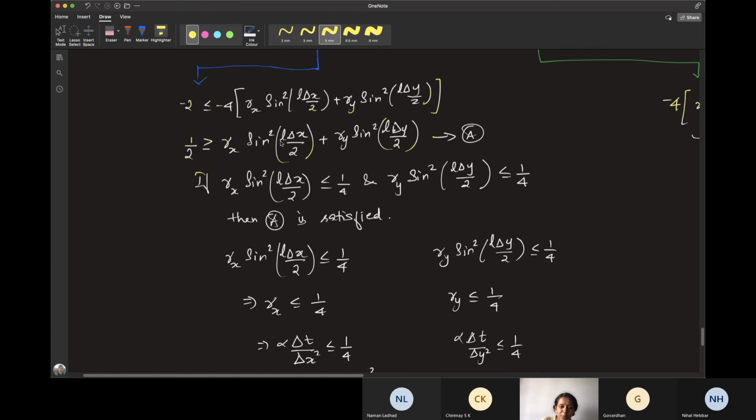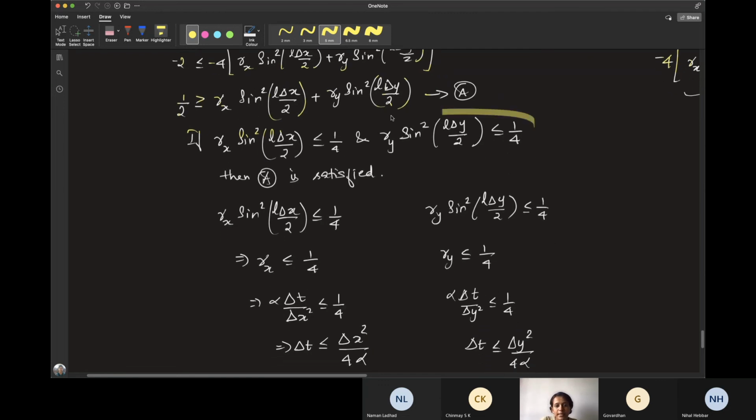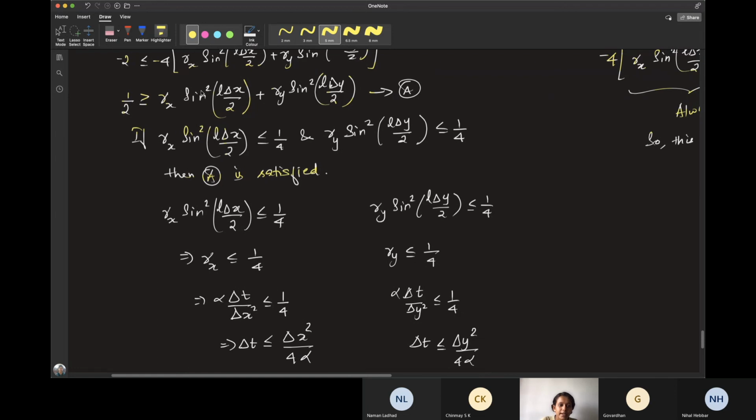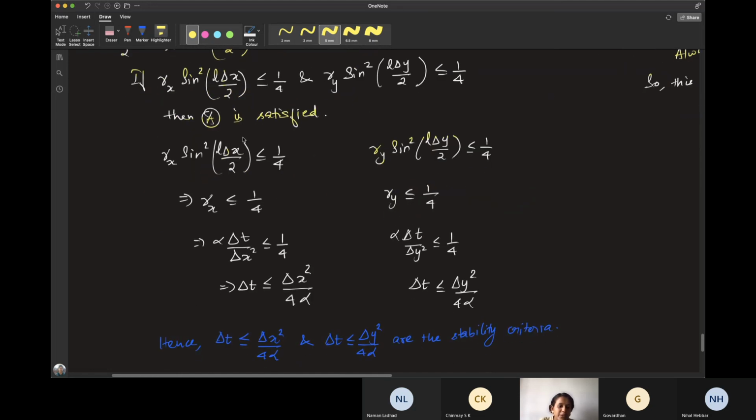So now let's just separate that into this less than or equal to 1 by 4 and this less than or equal to 1 by 4. If that happens, then obviously this whole thing is going to be less than or equal to 1 by 2. So that is the argument over here. So I'm just treating each of these separately. That is, this term less than or equal to 1 by 4 and this term less than or equal to 1 by 4 over here. I mean, we made enough arguments like earlier.